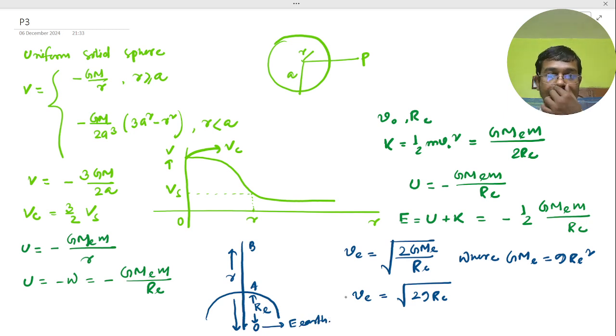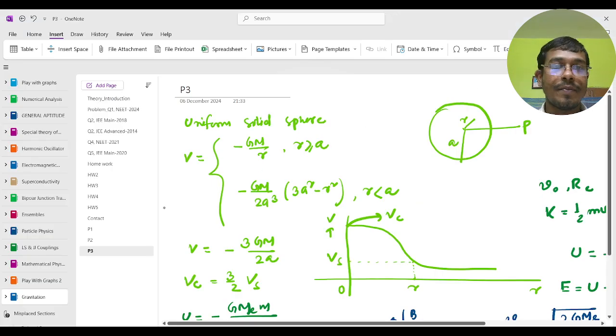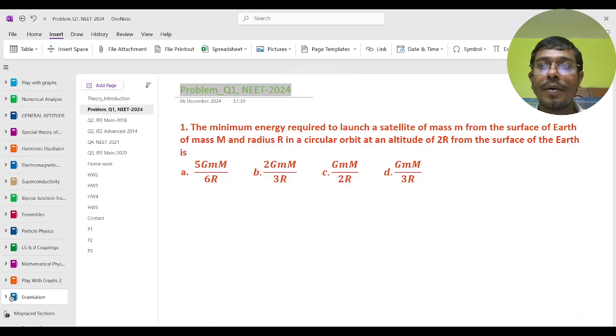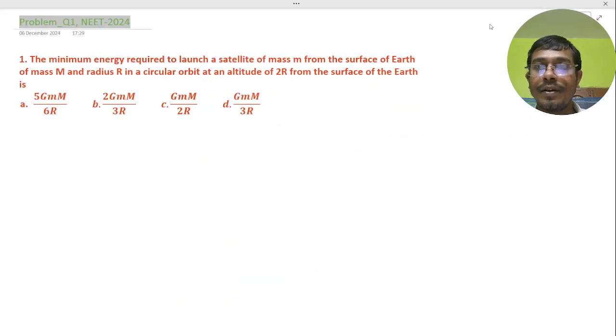So basically I just summarize the chapter of gravitation. Now let's go to our important topics and parts, the problems. So first one, problem number 1 is coming in